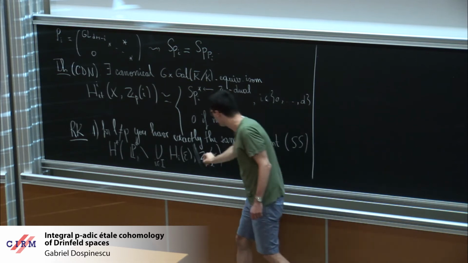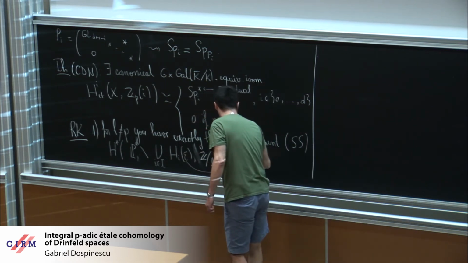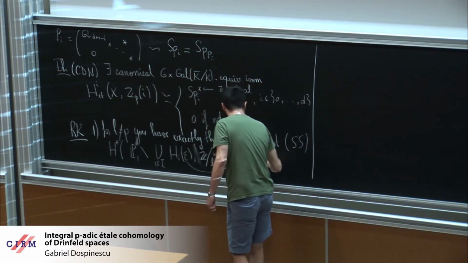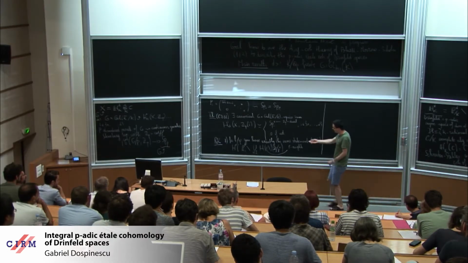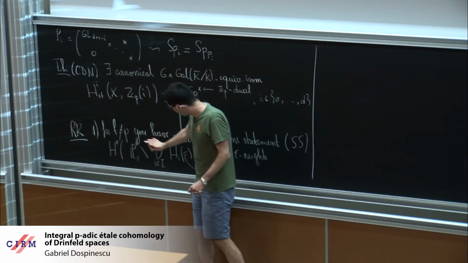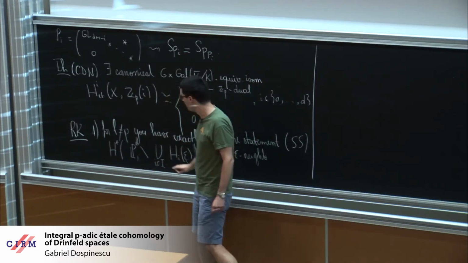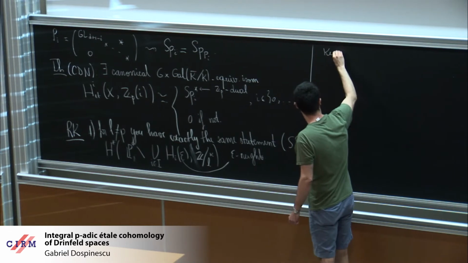So this is the epsilon neighborhood of a hyperplane. And what they managed to do is to give an explicit description of these spaces. And the key point in their argument